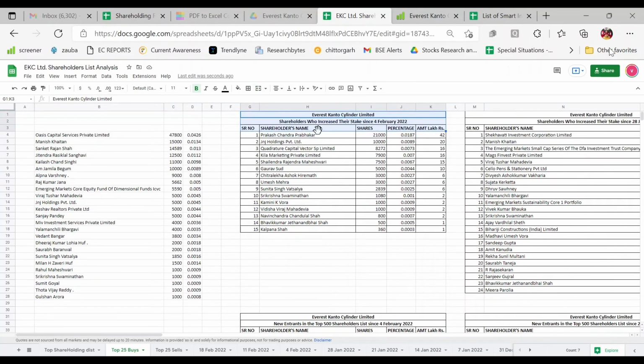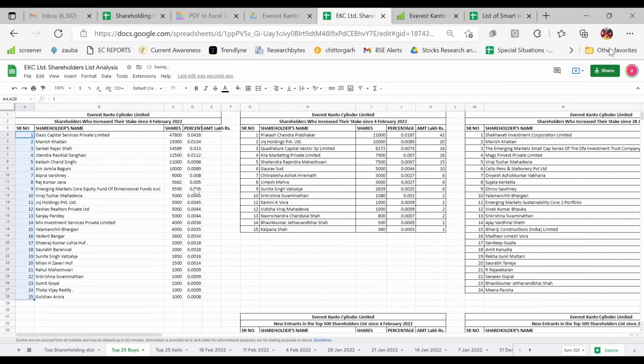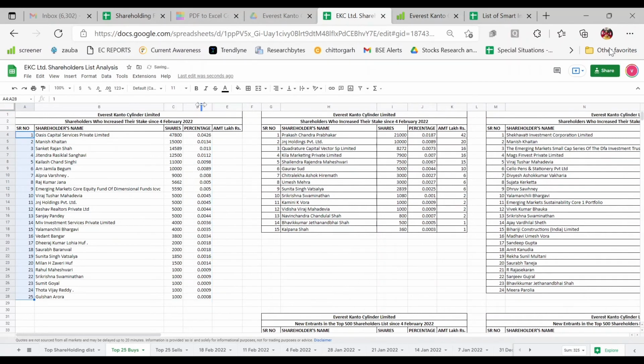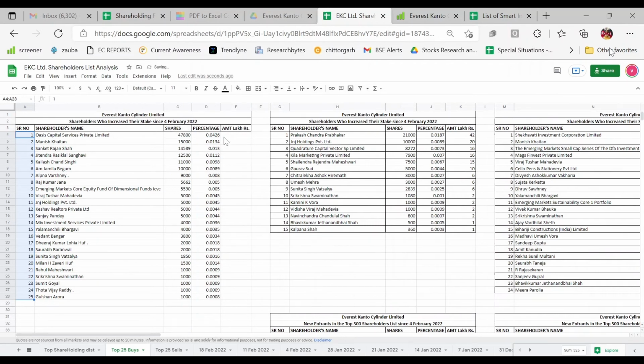I already have this formatting. I just need to change the date in this, so I'll just paste it here. Just put the numbers 1, 2 and drag it down till 25 there. Again, a little bit of formatting to make it look good. Now the date is old. We take the date of the last list. The last list was of 11 February, so I'll just change the date to 11 February.